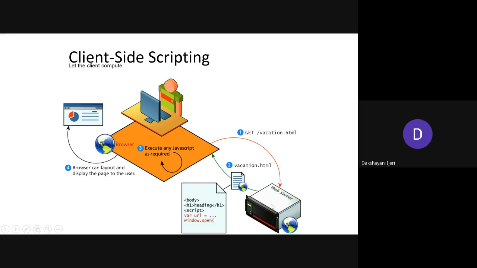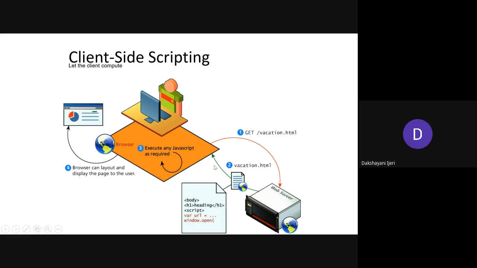So as a response after requesting, you can see that in step 2 you are getting the HTML page here to your system. So once you get that, you are going to fill in the data, or read something, or put some data into that web page if it is required. In that case, once you click on the submit button, or any responsive button on that HTML page, it is going to be executed in the browser itself.